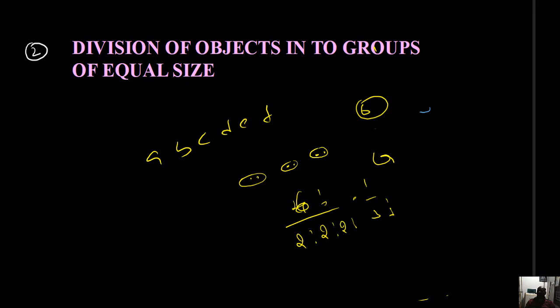But the question is given among 3 persons. How many ways can you distribute among 3 persons so that each will get 2? Into 3 factorial. Okay, this is the answer. The 3 factorial gets cancelled: 6 factorial by 2 factorial into 2 factorial into 2 factorial. I hope you have understood the concept.